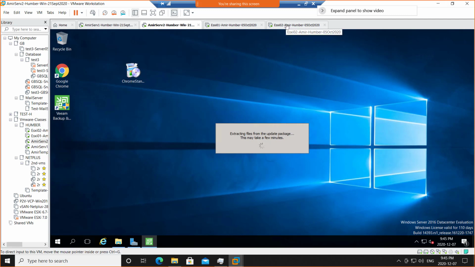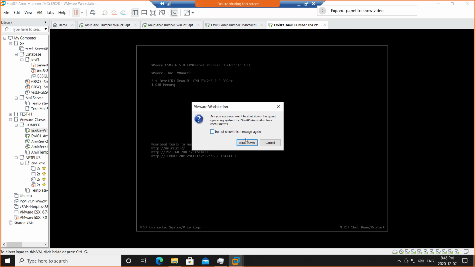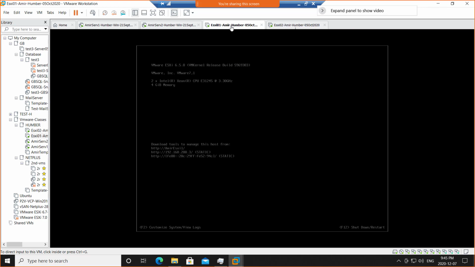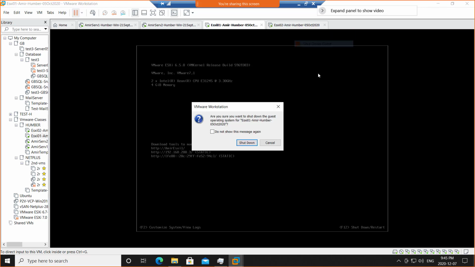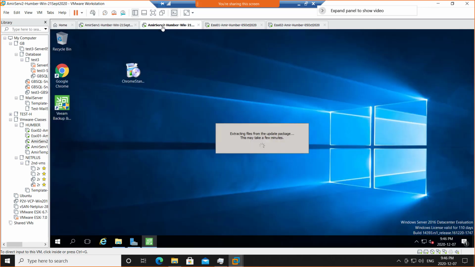You know what, I'll just shut down the ESXi2. We don't need that right now, just to free up some more memory, and I'll shut down the ESXi1 as well, just to free up the memory. And hope that this gains some speed.